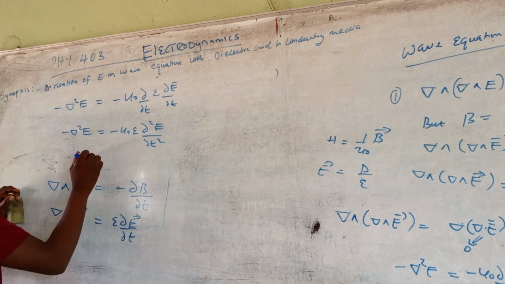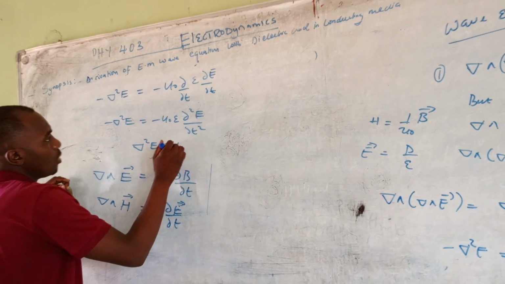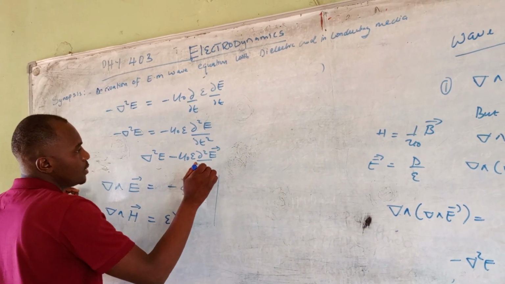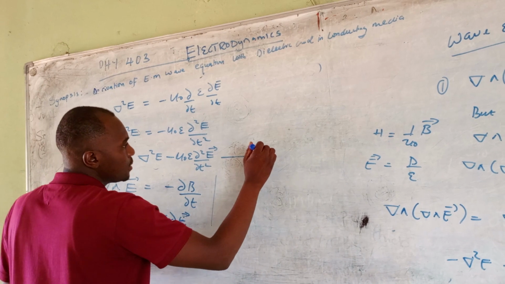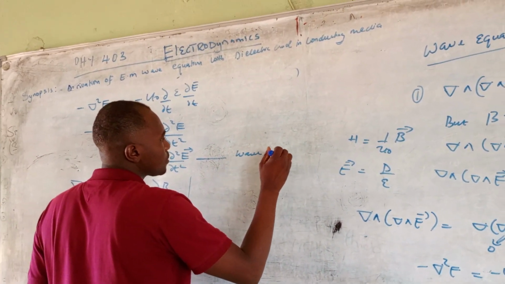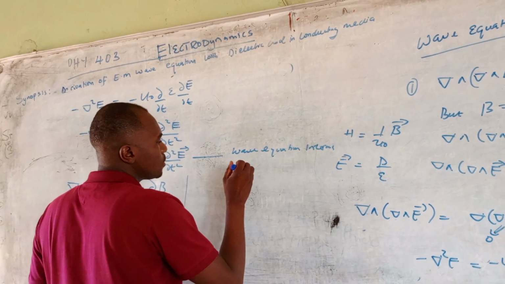If I rearrange, I'll have del squared E minus mu epsilon d squared E by dt squared equal to zero. So this is our wave equation in terms of